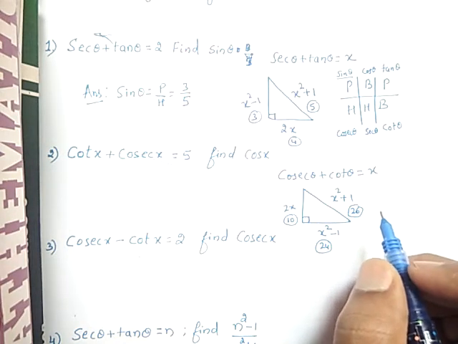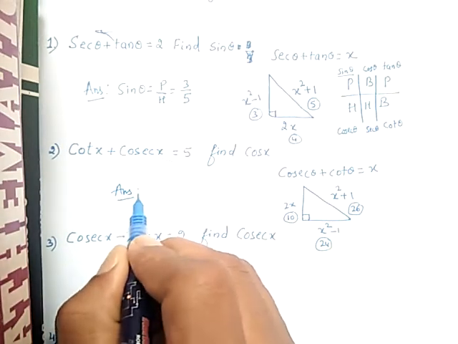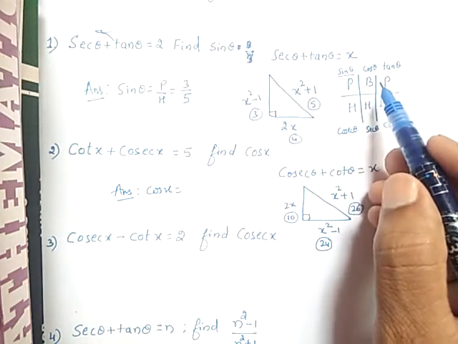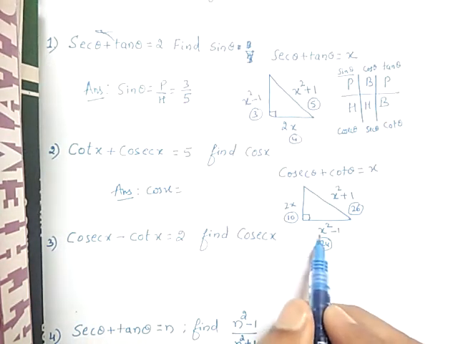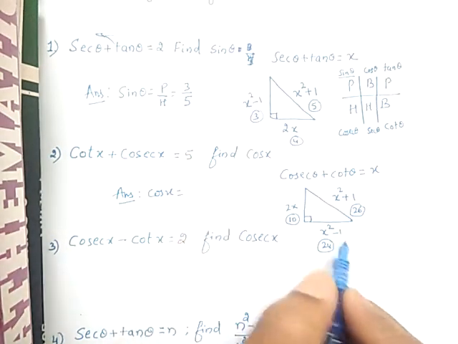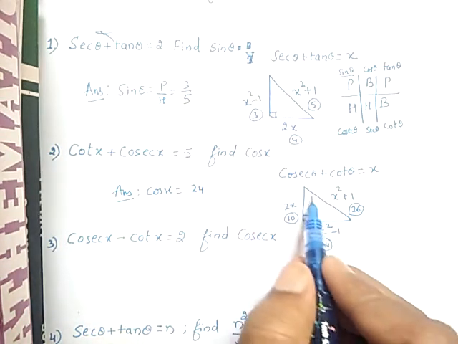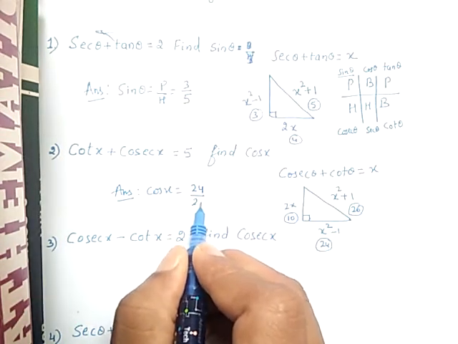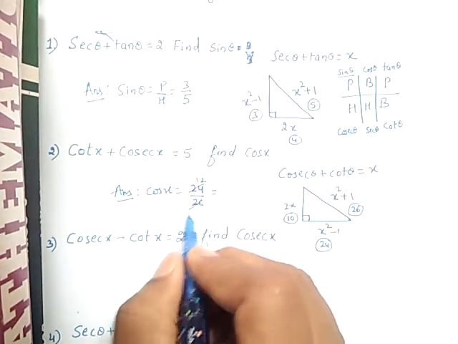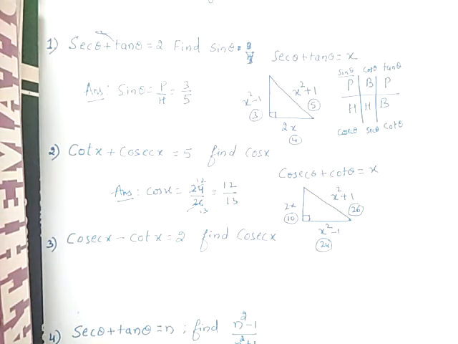Now again you can go for Pandit Badri Prasad Hara Hara Bole. Here we need the answer, cos x. Cos is b by h, this is your b and this is your h. So B is 24, divided by h. What is h here? H is 26. So 24 divided by 26. If you cut this, 2 12s are 24, 2 13s are 26, you can write 12 divided by 13. This can also be the answer.